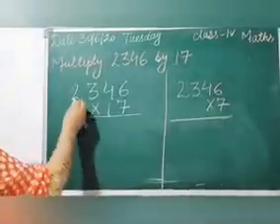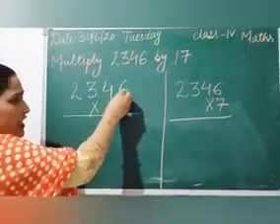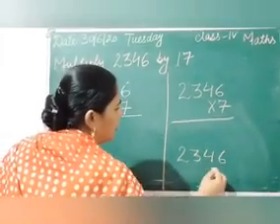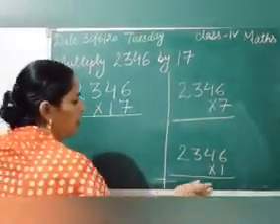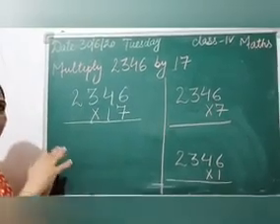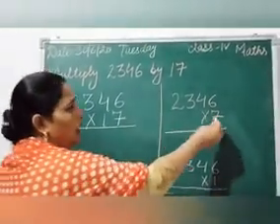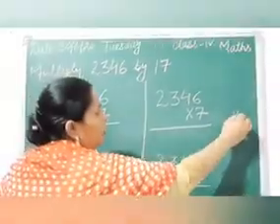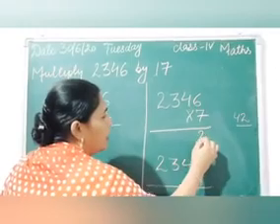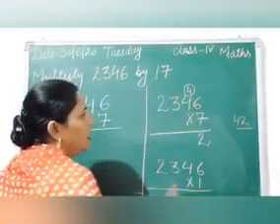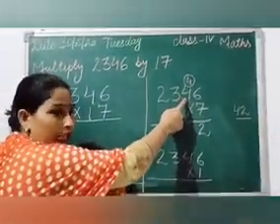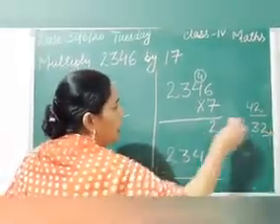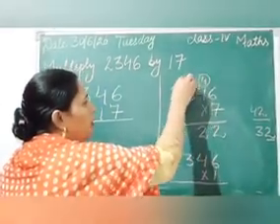After that, the same number 2346 will be multiplied by 1. Now after that I will tell you what will be the writing style. Now 7 6s are 42. From 42 we will write here 2 and 4 will be carried. 7 4s are 28 plus 4. It will become 32. From 32 we will write here 2 and 3 will be carried over.